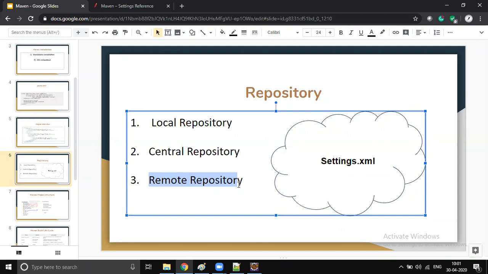Yes, sir. One question to you. You were saying that the central repository is a public repository, like Maven. So a remote repository is again a Maven repository, but it is a secured repository for a particular company, right? Yes. So why can't a company download all these jars from the central repository and keep their own remote repository instead of paying for it?